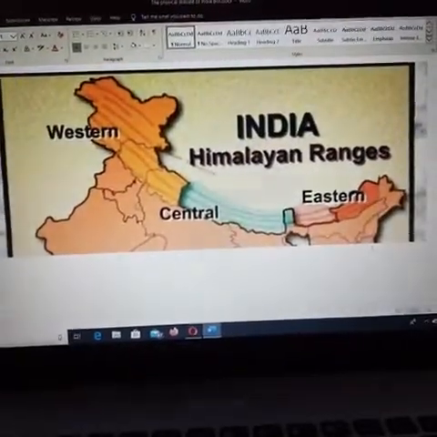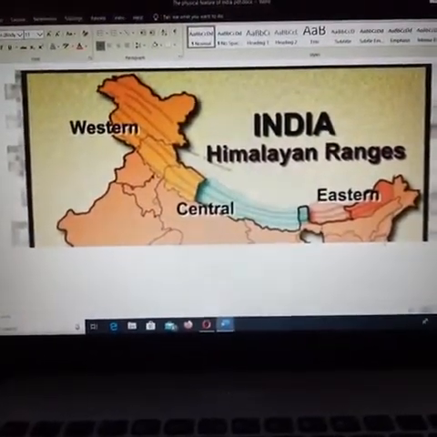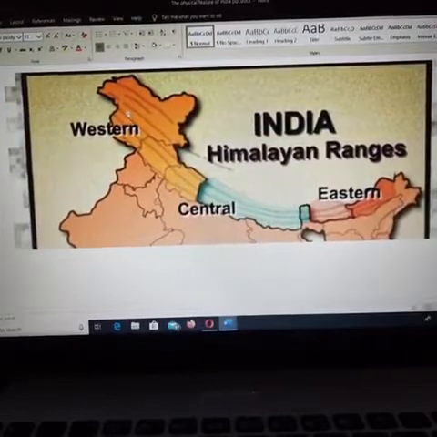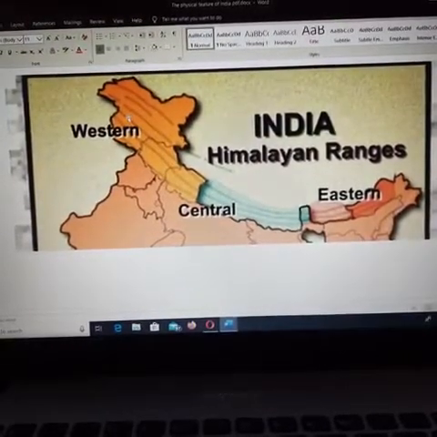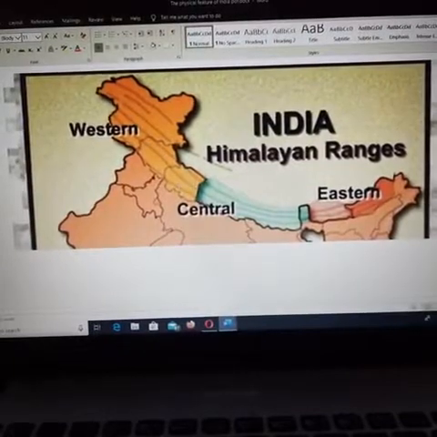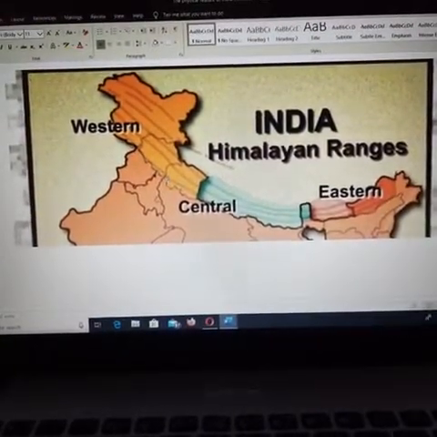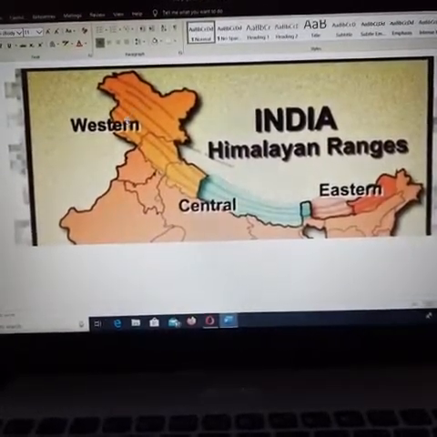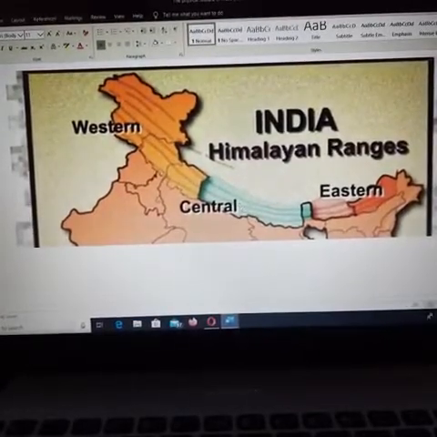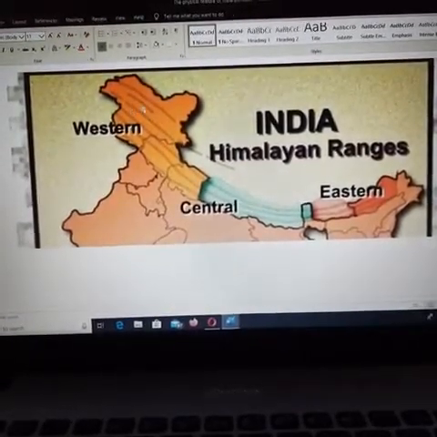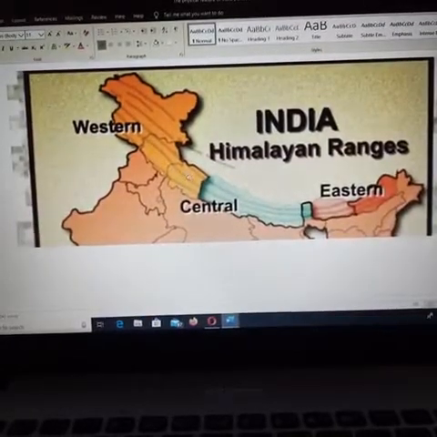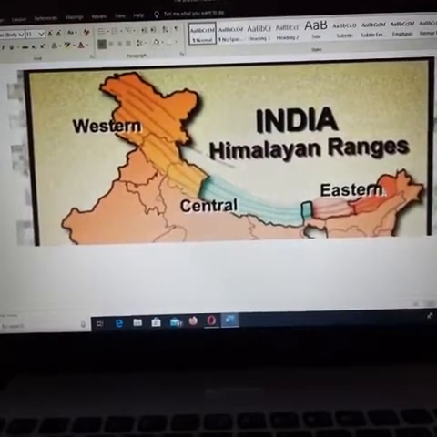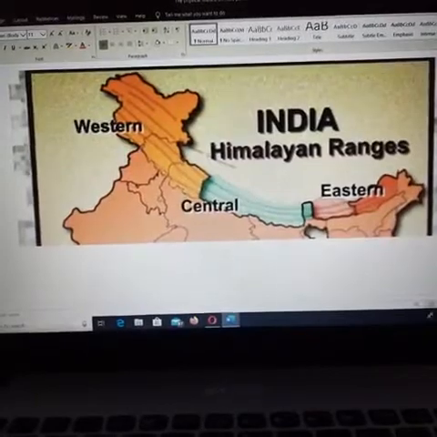Next, the Himalayas consist of three parallel ranges: the Himadri, or the Greater Himalayas or Inner Himalayas, the Lesser Himalaya, and the last one, the Shivaliks. These three ranges we are going to learn. The Himalayas are also divided into the Western Himalaya, the Central Himalaya and the Eastern Himalaya. The Western Himalayas lie in Kashmir, Himachal, Uttarakhand, the Central Himalayas almost in Nepal, and the Eastern Himalayas lie in Arunachal Pradesh.